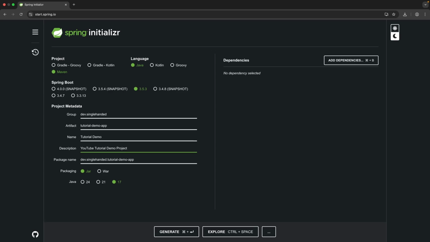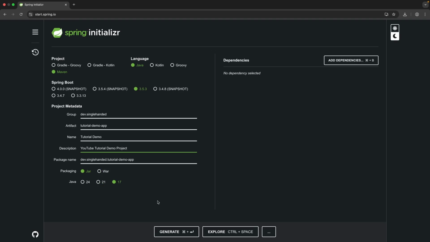Now we get to package name, which is probably the most important field in the metadata. By default, as you can see, this is a combination of your group and artifact values, but you can customize it if you want to. Now, the way that you define your package name is important because it determines your base Java package structure. So that's the folder structure in src/main/java and src/test/java,